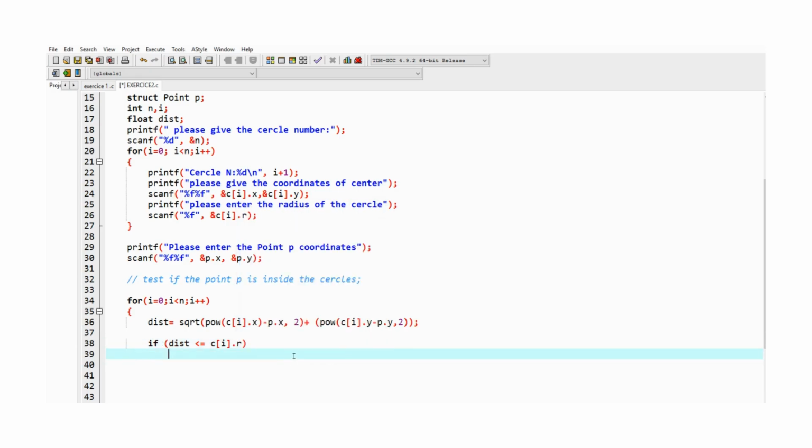So what we are going to write: printf, the point, we are going to write the coordinate of the point, %f, %f is inside the circle with coordinates %f, %f,